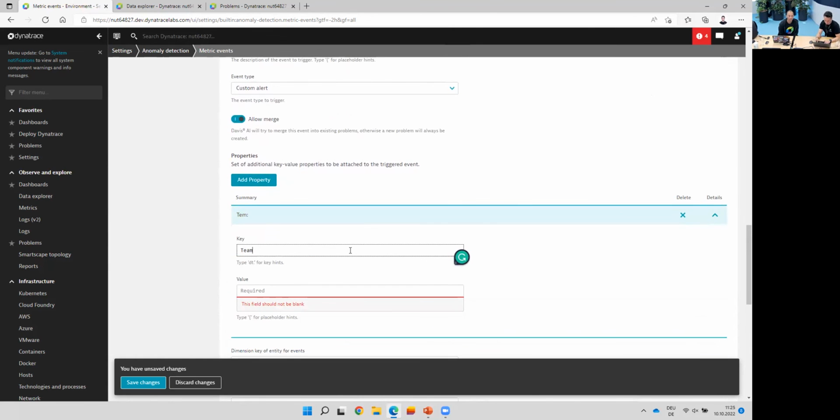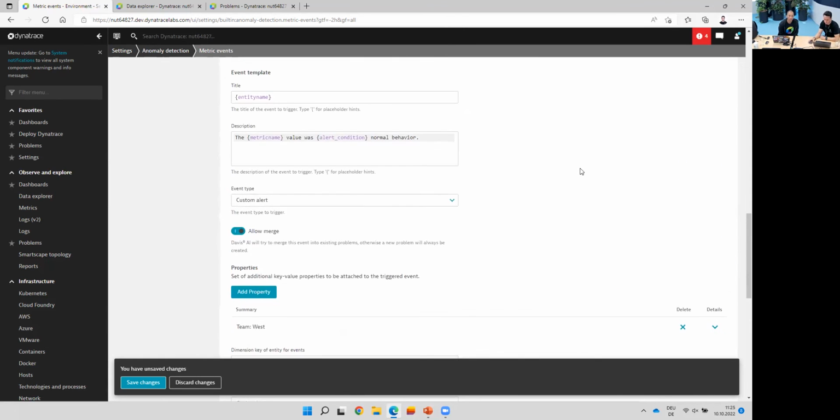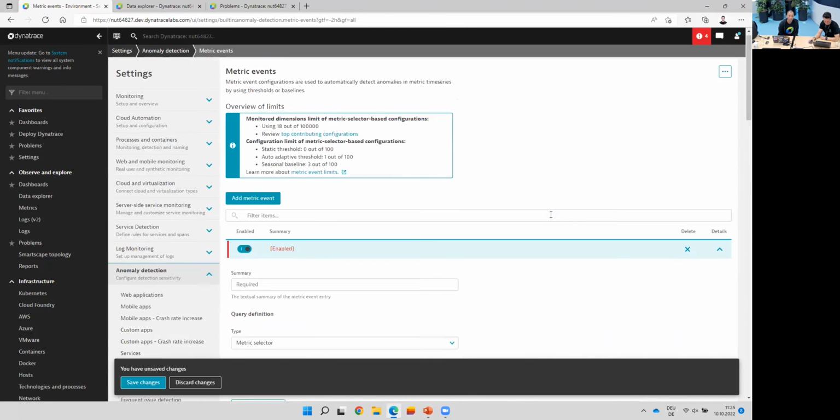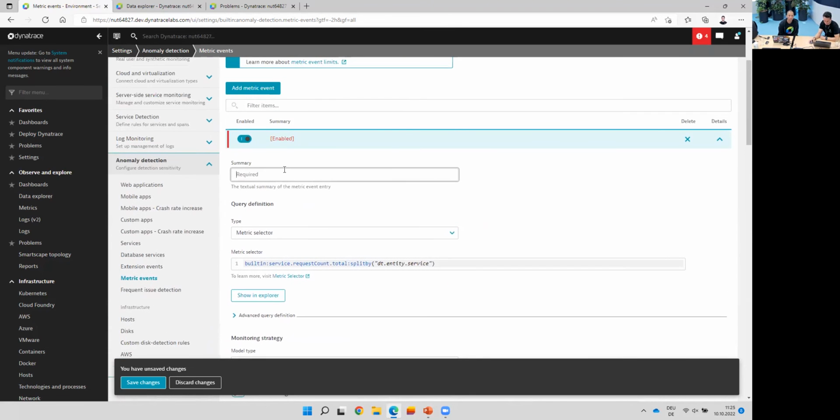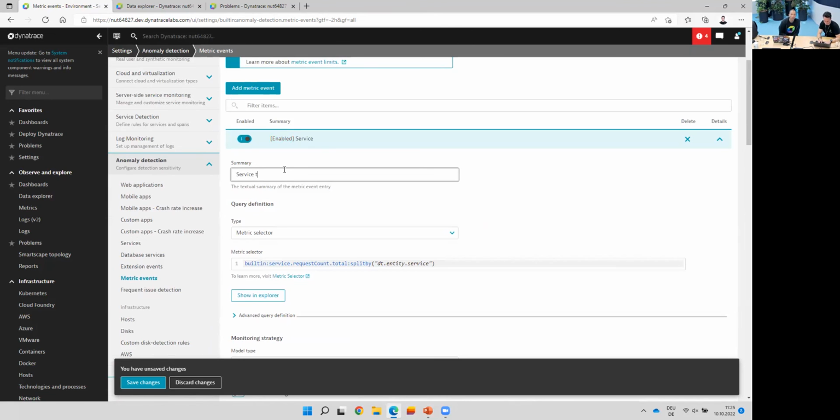Let's say Team West. And also on which dimension we have on the service. And that's it. Cool. So you have to give it a good name. This is service throughput alerting, I guess, because you did the request count, so that's the throughput. Service throughput within